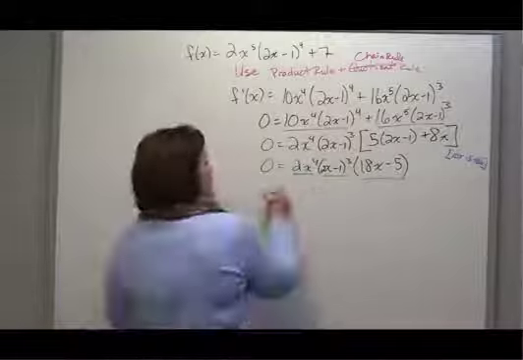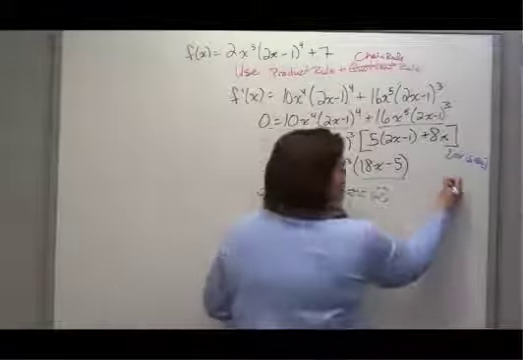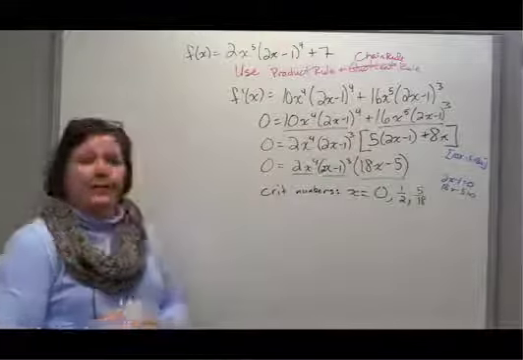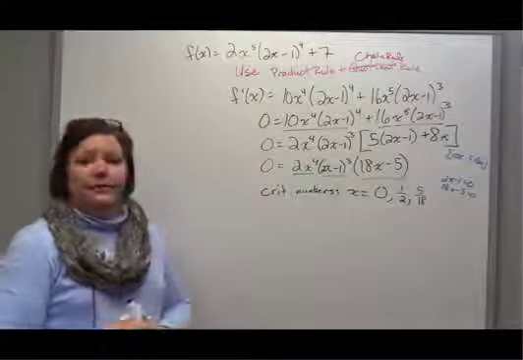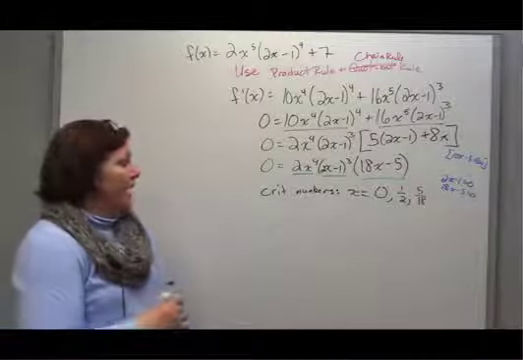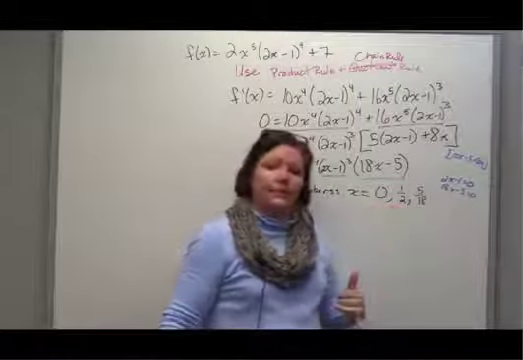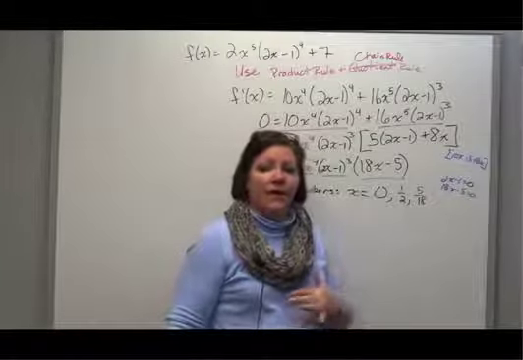I get 0, x equaling 1/2, and 18x minus 5 equaling 0 gives 5/18. So now what we want to do is classify all of them. And we want to determine whether or not any of these are local maxima, local minima, or